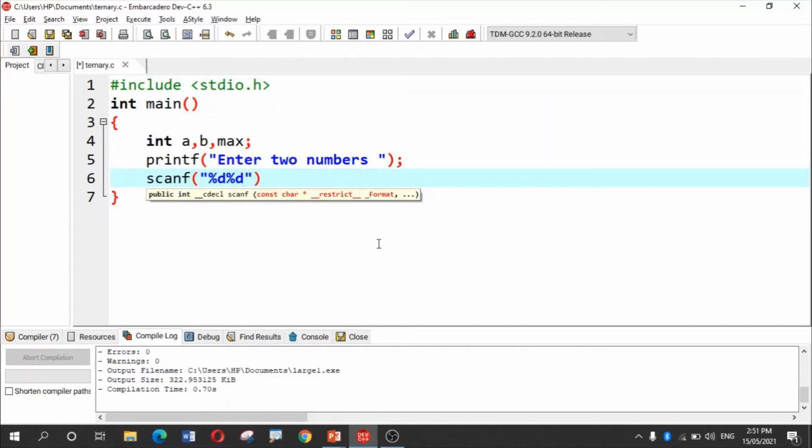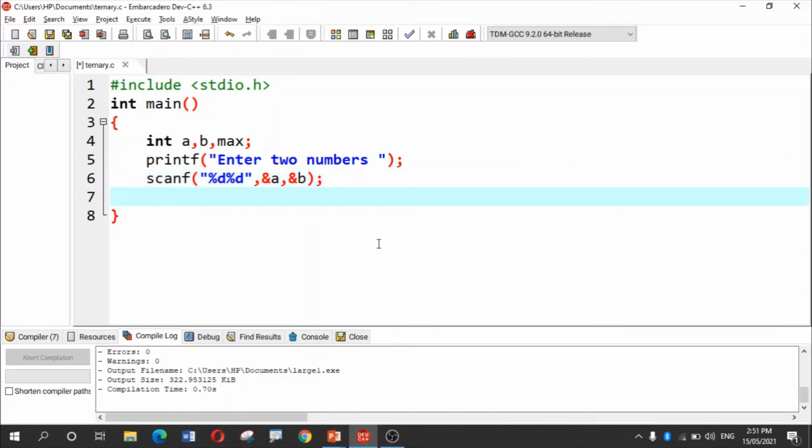As both variables are of integer type, scanf is written followed by %d twice, and it is followed by ampersand and the name of the first variable, comma, ampersand and the name of the second variable. Once two numbers are entered by the user, the first number will get stored in variable A and the second number will get stored in variable B.